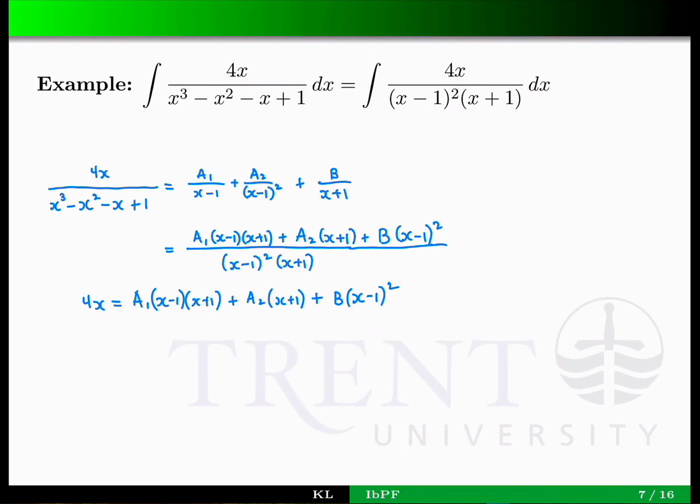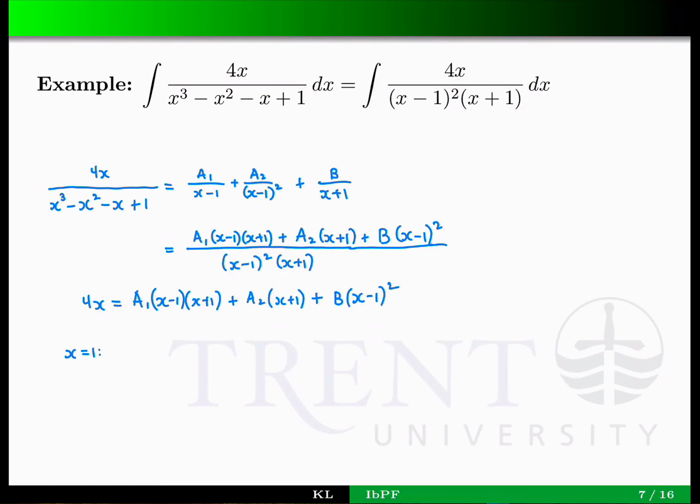For example, x equals 1. When x equals 1, this will be equal to 0. This will not be equal to 0. This will be equal to 0. So when x equals 1, this will disappear,